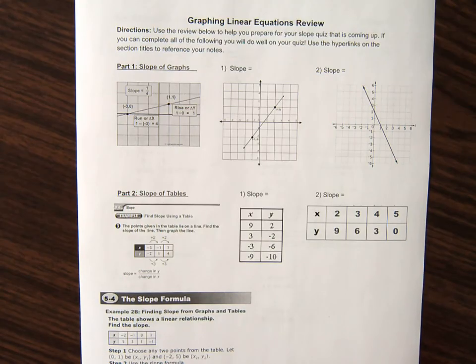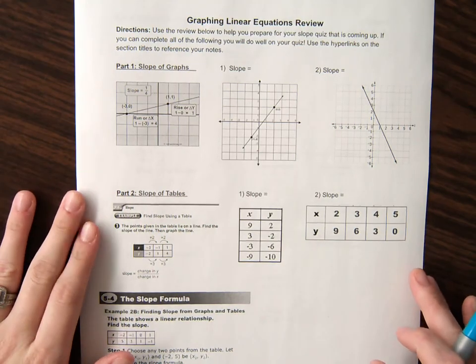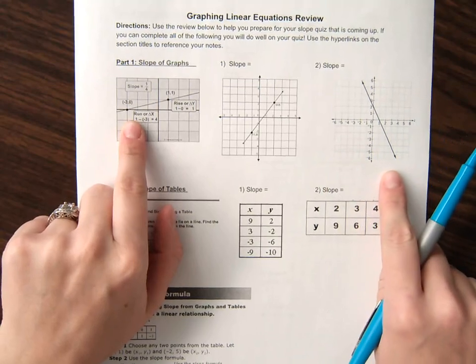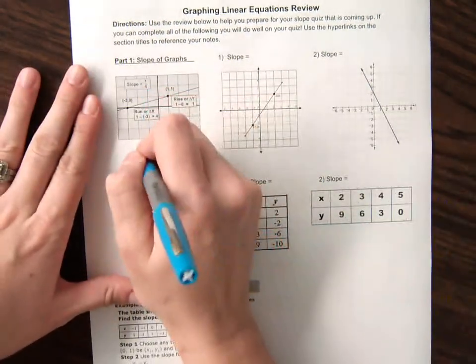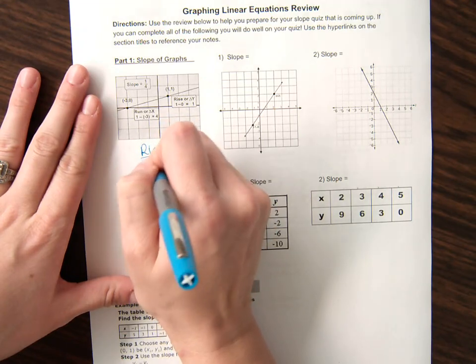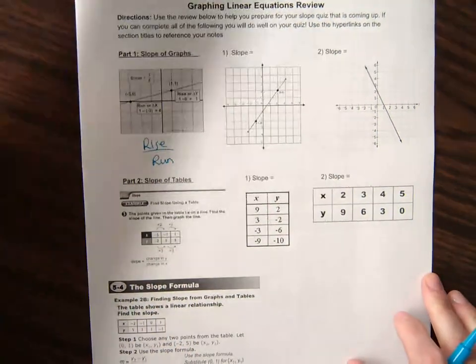Your graphing linear equations test review. First thing that you need to know for your test is slope of graphs. Remember, slope of graphs are rise over run. So we need to pick two perfect points